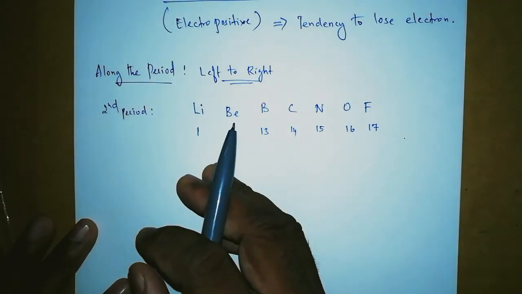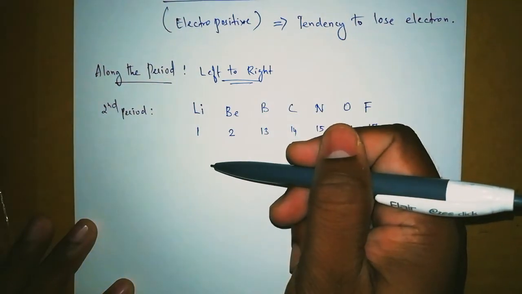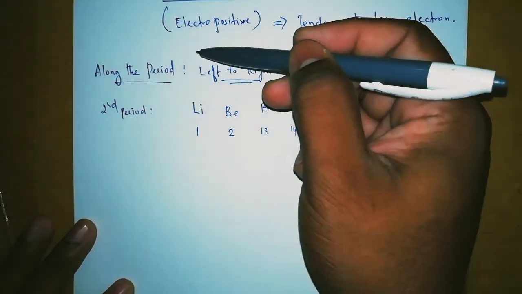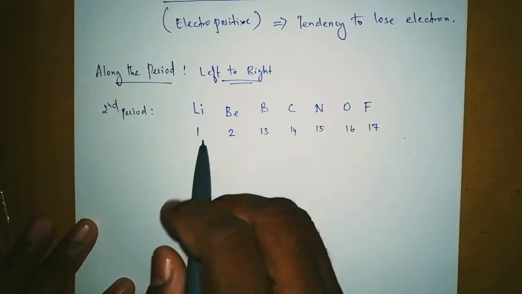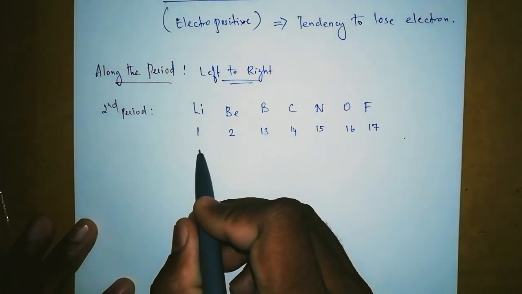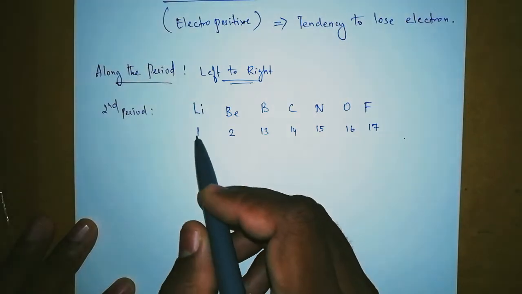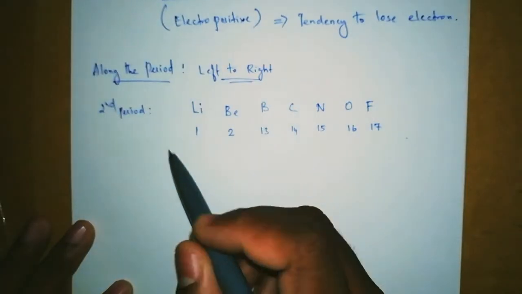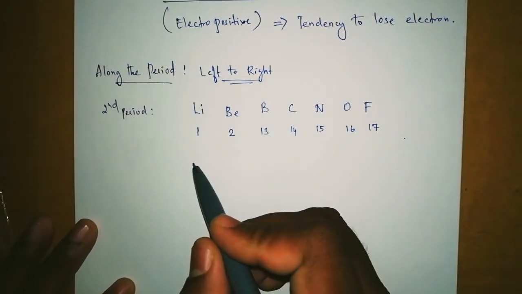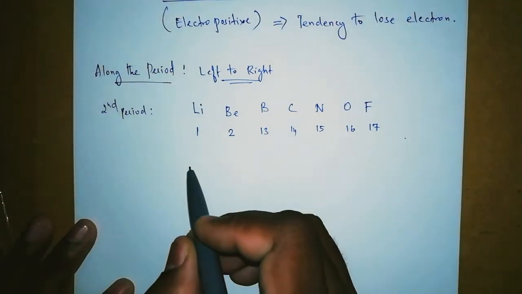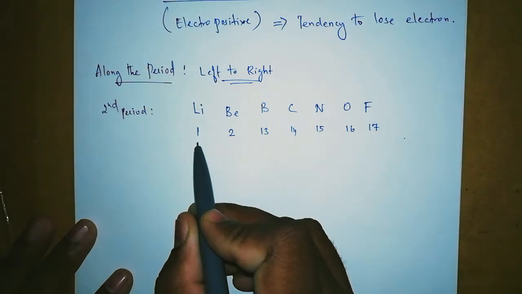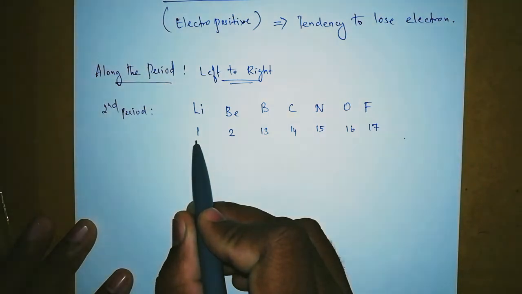Even sodium does the same because it is below lithium. All the elements present in the first group are vigorously reactive, right? Because they donate that one electron. They have a valency of one electron, that means there is only one electron in the last shell. That one electron they donate just like that. Am I right? So the loss of electron is very high in lithium.